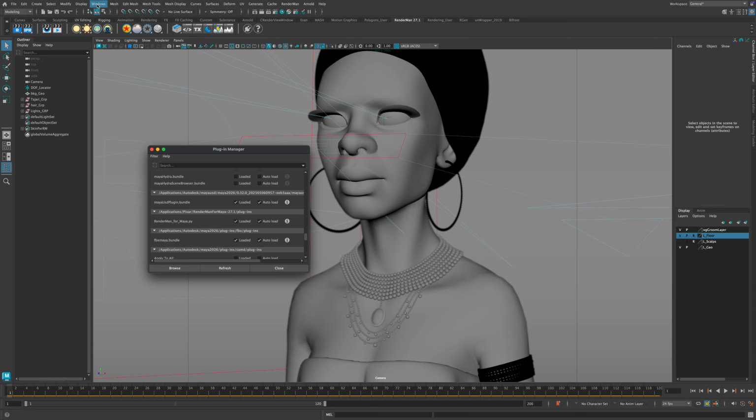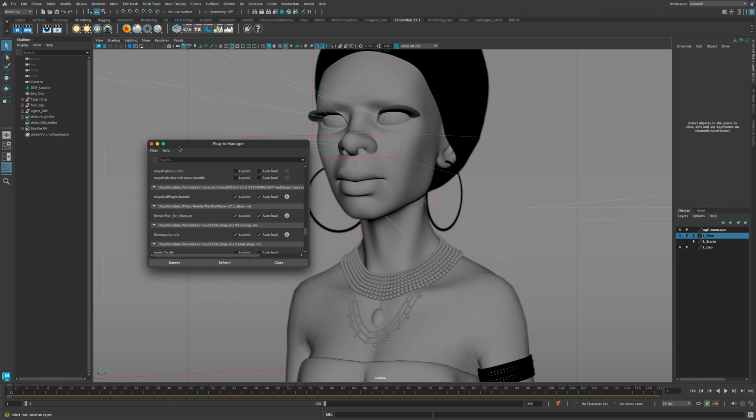I then went to Windows Settings Preferences Plugin Manager, and then this guy popped up. I scrolled down to find the Renderman plugin, tried to turn it on, and it wouldn't turn on. The loaded box wouldn't stay checked off. It threw some sort of error in the command line. I forget exactly what it was, but 2 hours later, I was banging my head against the wall trying to